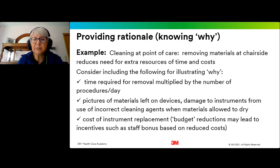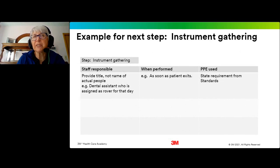Cost of instrument replacements. You don't want to increase the budget in your office because you're not cleaning at point of care. For example,